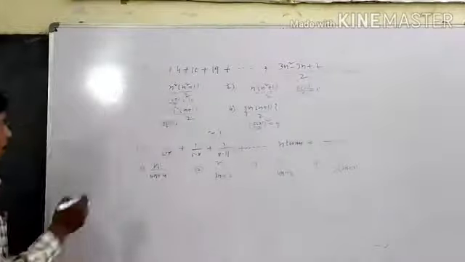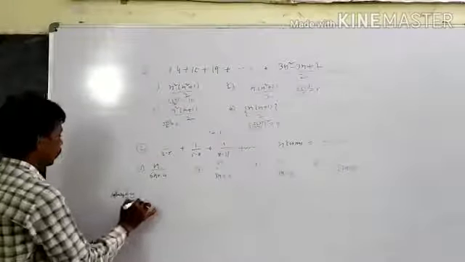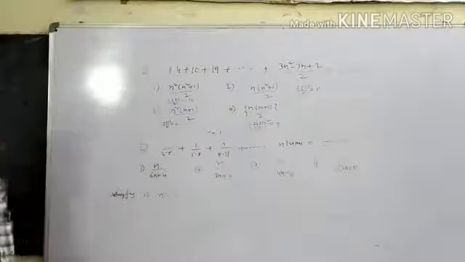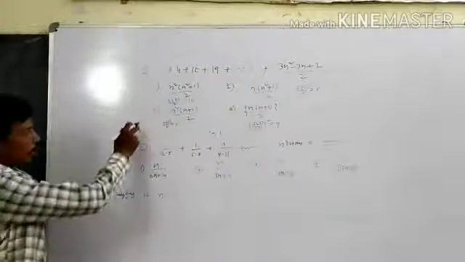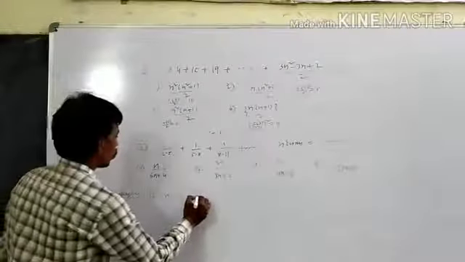Okay. Now verify if n equal to 2. Same as here we take n equal to 2, here also we take n equal to 2. If n equal to 2, implies